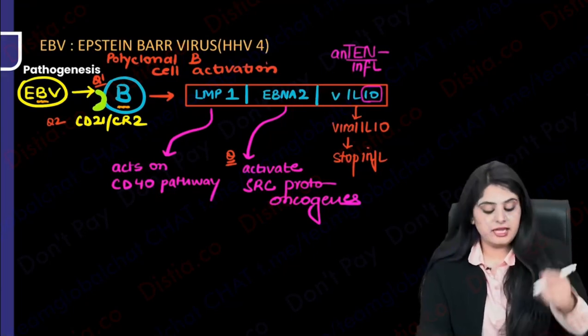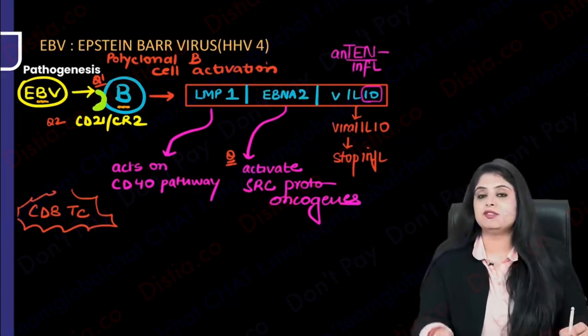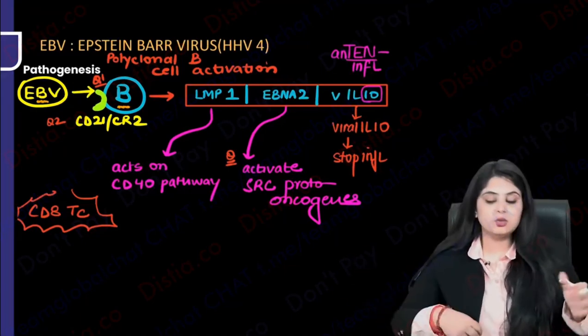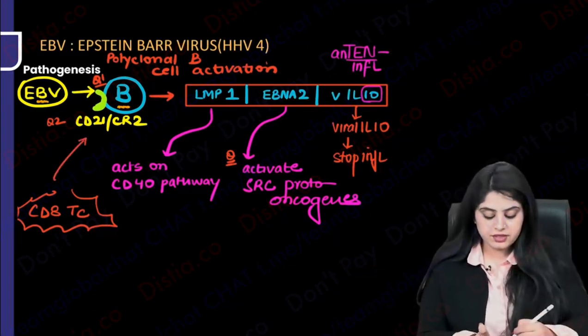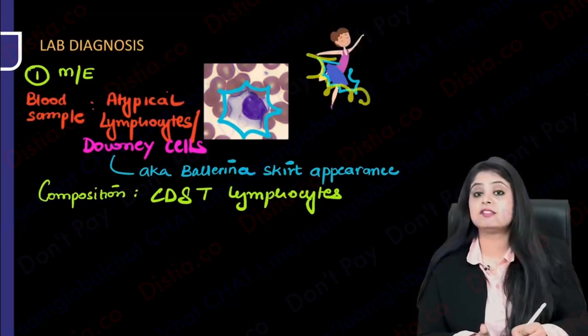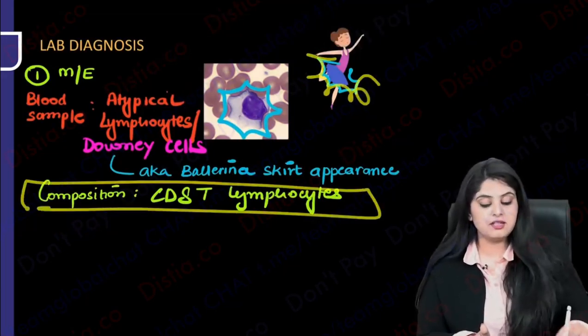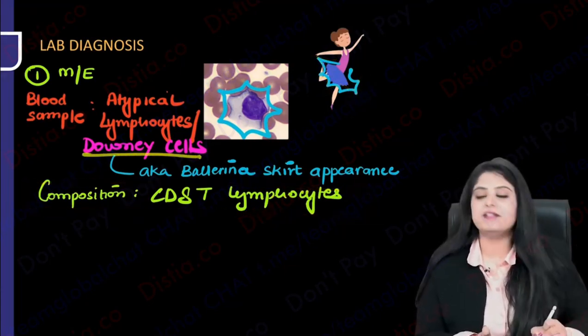Can you please come?" So then this cousin brother CD8 T cell, like a Superman, like one of the Batman, Superman and superheroes, takes a cape out. So cape nikal ke, like a ballerina skirt, runs towards his cousin brother to save him like a superhero. So please remember that if someone asks you what is this cape wala ballerina skirt appearance, this is the CD8 T cell flying on its way to save his cousin brother B cell. Downy cell, very, very famous.